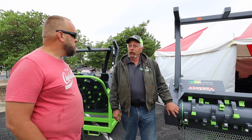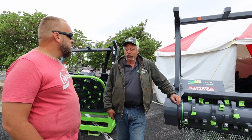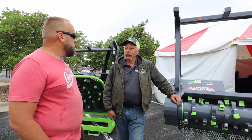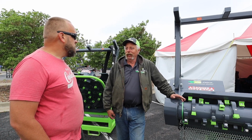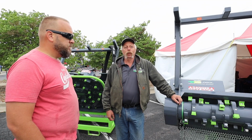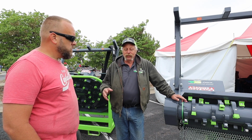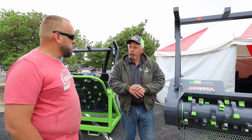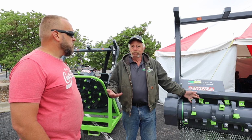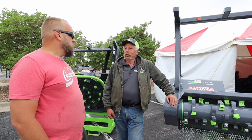Running a full-size head. Well, we took our demo machine and ran it on a 325 that had the high flow, 27 gallons a minute, and my dealer friend up there was not expecting a lot, but emphasized over and over again how impressed he was. So it's not just a matter of putting things together and hoping it works. If it's a matched pairing, like your machine, this machine, pulleyed for the 27 gallons a minute, it's really a